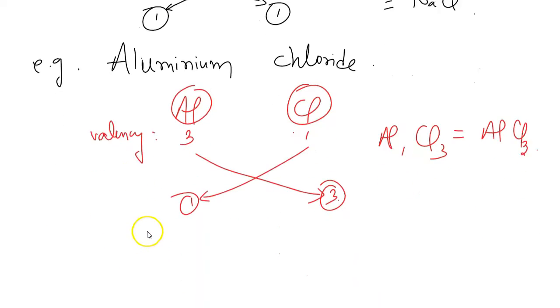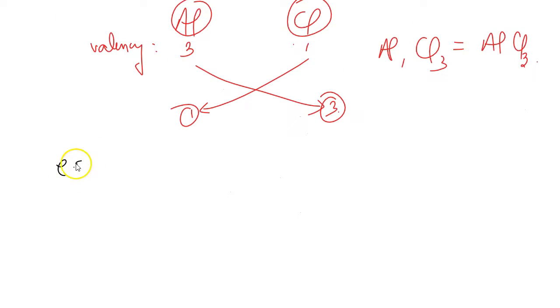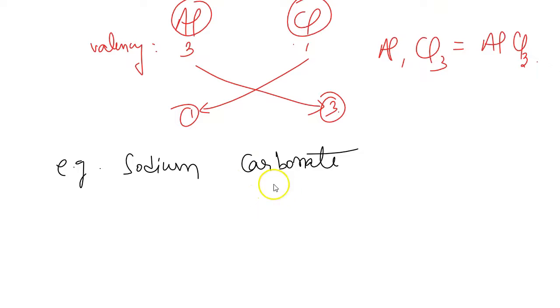See, these are the simple compounds. We can easily find out their molecular formula. But let us suppose I want to write the molecular formula of sodium hydroxide, or let's say sodium carbonate. So for sodium carbonate, we have to be sure what this carbonate is. It is CO3 2 minus. Sodium we already know, it is Na. Now what is this 2 minus which we have written?